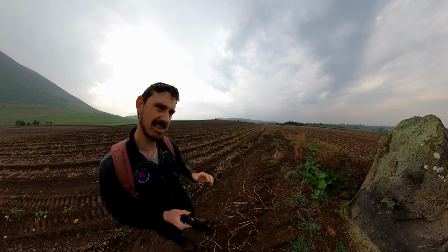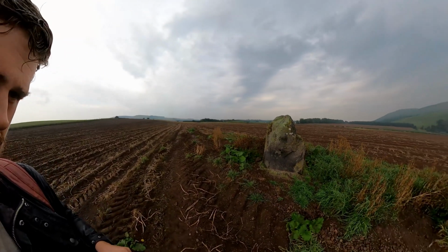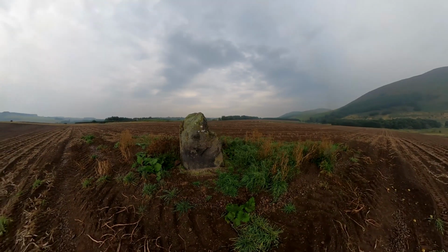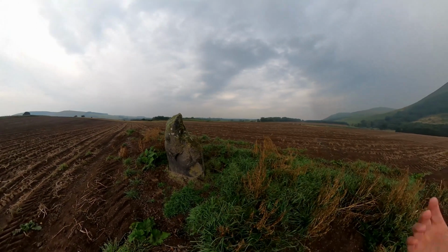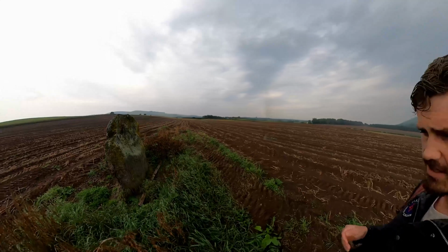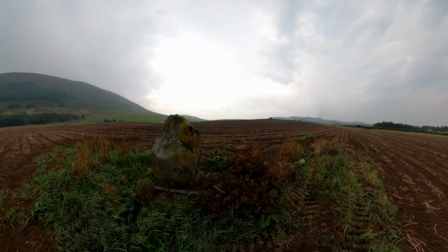But the really interesting thing is that this stone here is then named the Battle Stone. So it's almost seen as a place where people now know that this marks where the battle occurred. And again, it's one of these things where a standing stone, which already has some history and heritage up here in the region, and who knows what it would have been called beforehand, or how it fit in with the landscape, or how people viewed it, has suddenly transformed from just being a site which was associated with maybe the previous Copper Age, and then later on the Bronze Age and the Iron Age peoples, and how each of those successive groups and how those cultures would have interacted with it, and now becomes something where in the Middle Ages